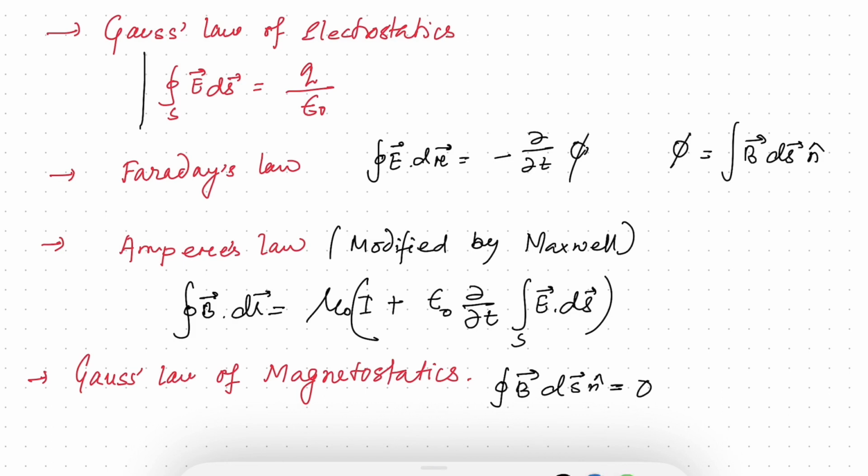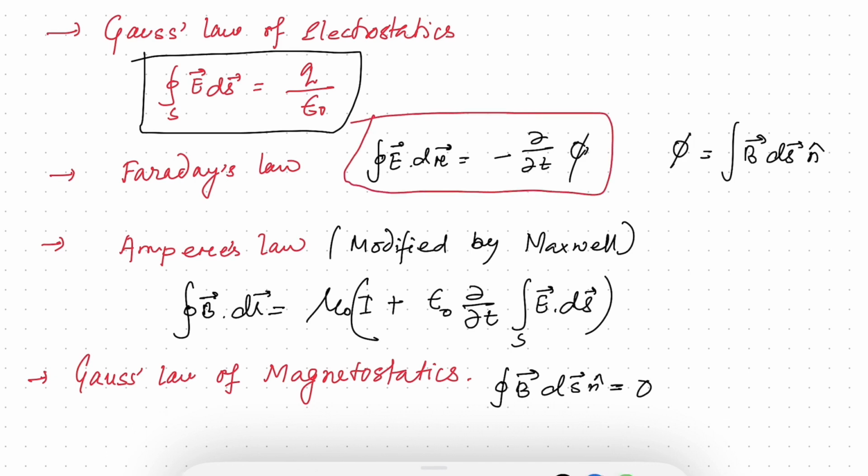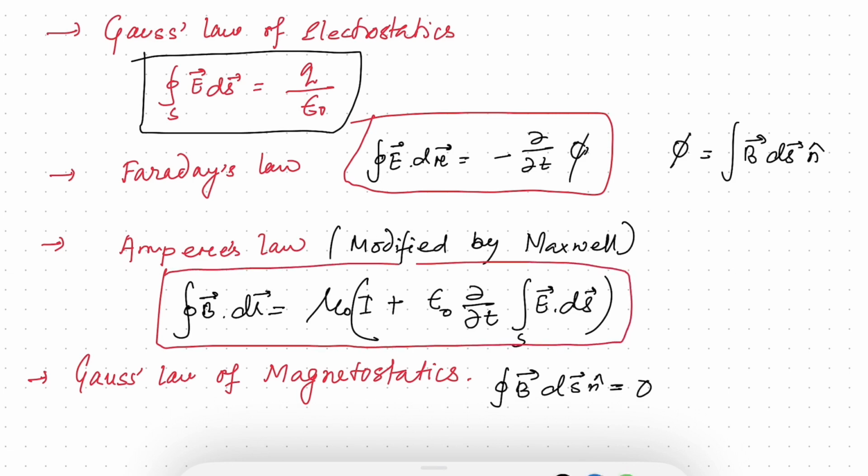This is the first, then next one is this, and here is the Ampere's law, and this is the Gauss law of magnetostatics, right? So now